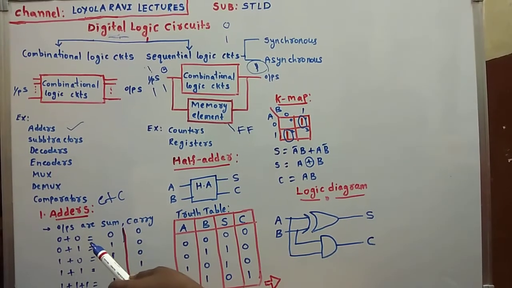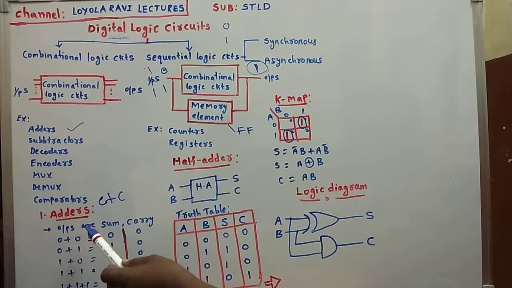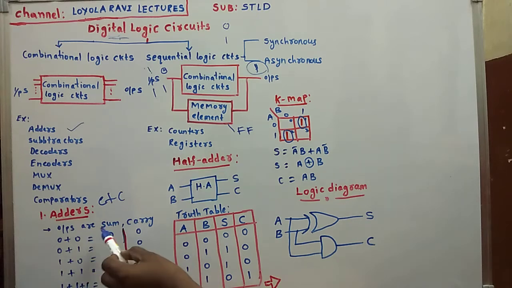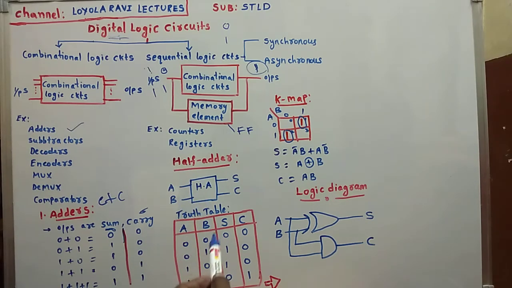So here, what is the data? Our input data is binary data. It may be 0 or 1. So we are going to add zeros and ones, then we will get the corresponding outputs. If we perform the addition operation, what are the outputs? Let us think. Here, sum and carry. You may get sum and carry. Sum and carry are the outputs. So for binary information, we will see now what about sum and what about carry.